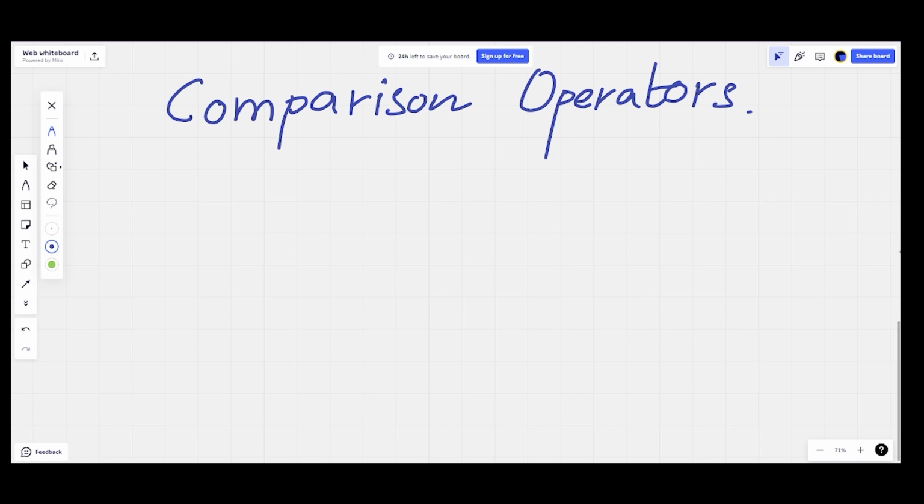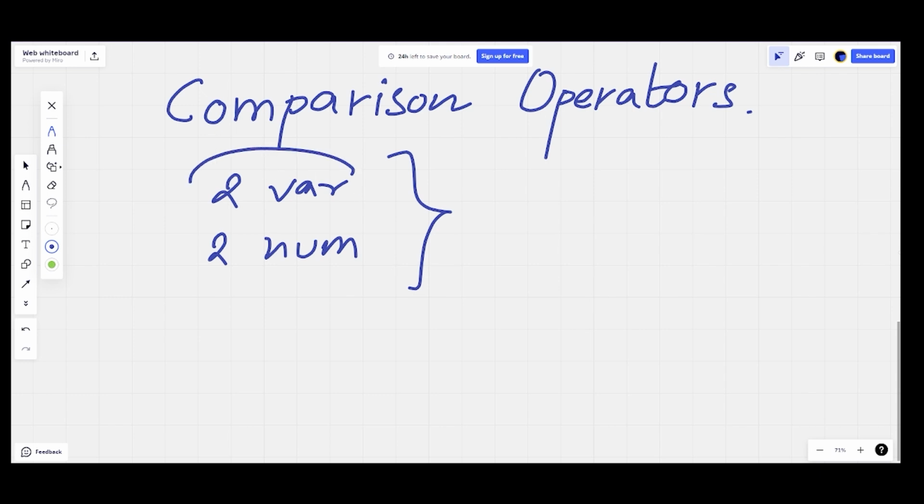Welcome back. In the previous session, we studied what assignment operators are and how to use them in C++. Today we are starting the next topic, which is comparison operators. This will be a much easier one, because you can understand by the word that we are comparing two things. You can compare two variables, two numbers, anything you want. And with that, we need some operators in order to compare these two.